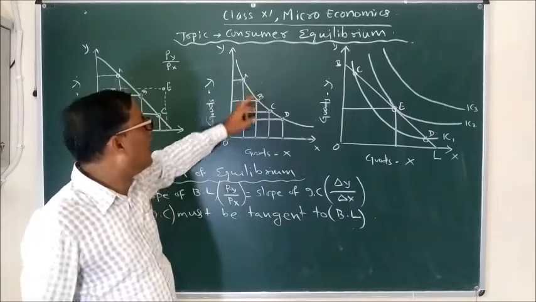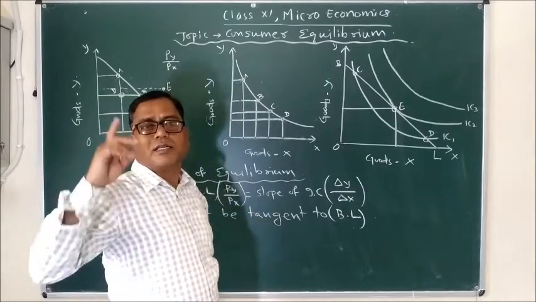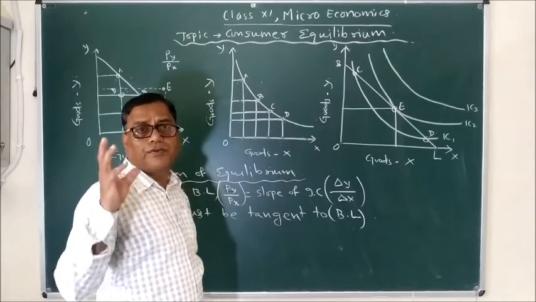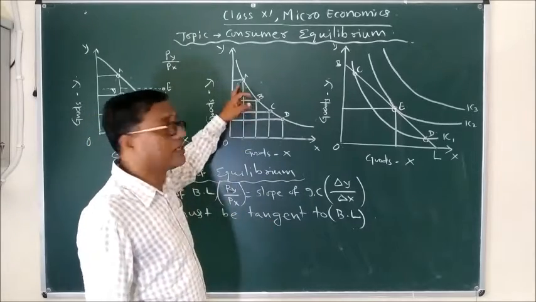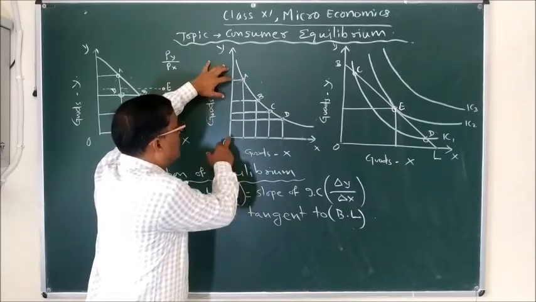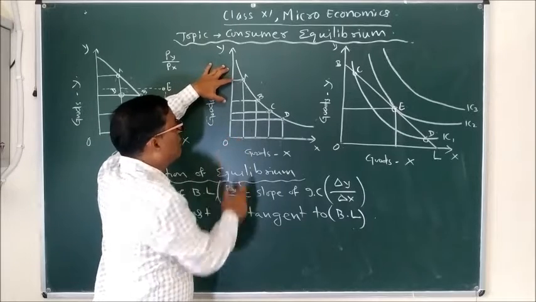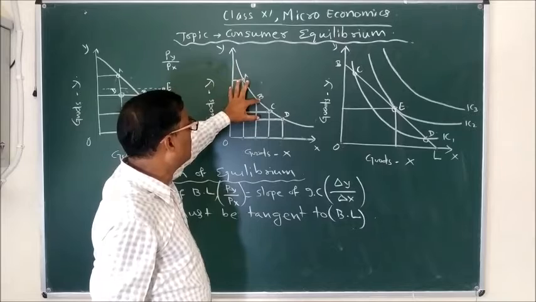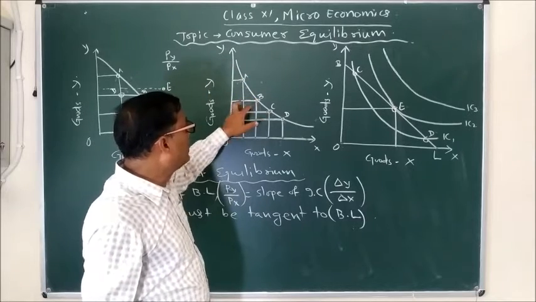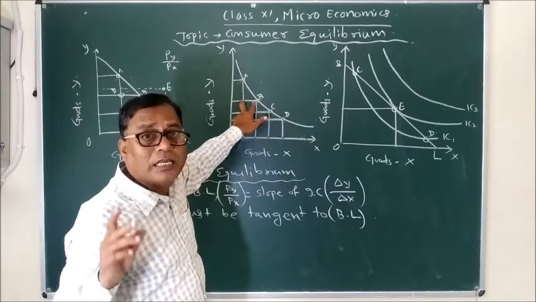We know that as we have more of a stock, the marginal utility is less, and if we have less of a stock of a good, then its marginal utility is more. So at point A, the consumer has more Y and less X. That's why when he is traveling from A to B, he is sacrificing Y and gaining X. So when he gains X, the marginal utility of X is falling.